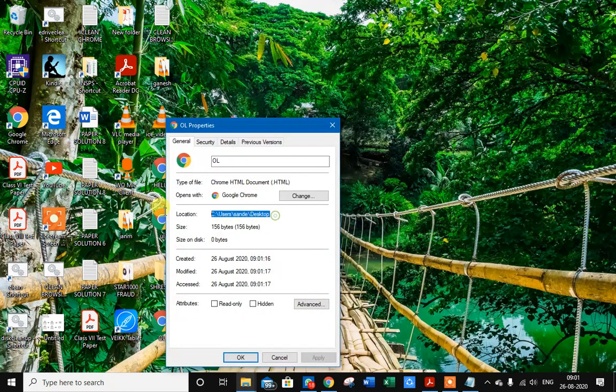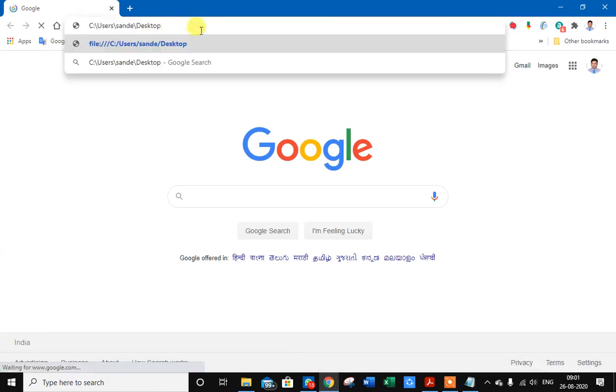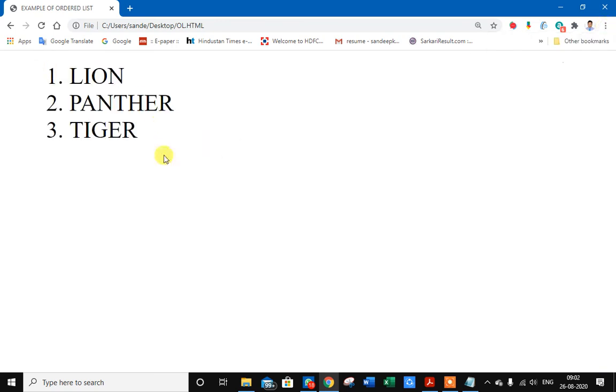Location. Type the URL. So it is the output. You can see, student, this is the output. I have zoomed.